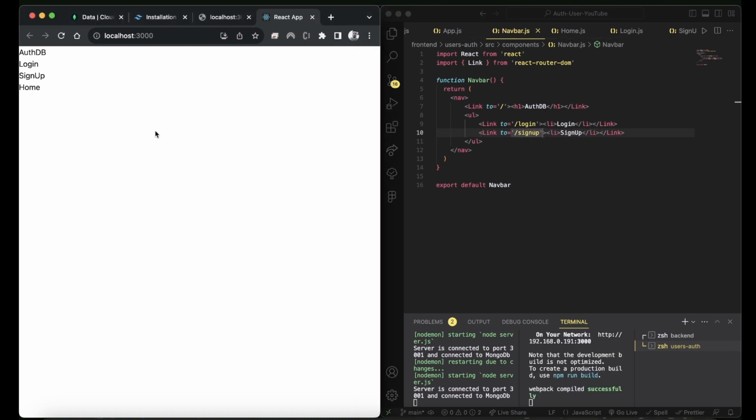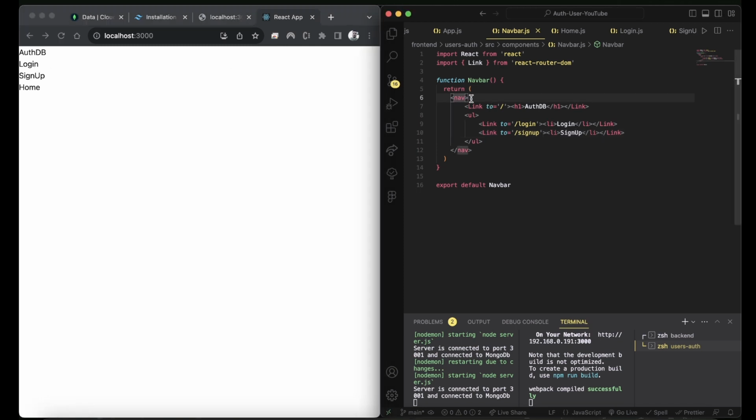Awesome. So as you can see, even if we click it, we'll be taken to their respective pages. Let's click on login, sign up, back to the home page. And even if we hover over it, as you can see down here, it'll take us to the respective path, which is pretty awesome. So now what we're going to do is we're just going to add some CSS via